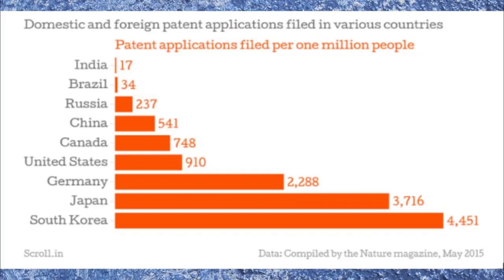Hello, I'm doing this video as a part of the research motivation series that I started. This is the second video in that. And why we should do research is that you can see in this particular image, the number of patents applied in our country is very less. In other countries like South Korea, around 4,451 patents are applied per million population. In Japan, around 3,700 patents are applied per million population. Whereas in India, it is only 17 per million population. So as a country, we need to increase our research.